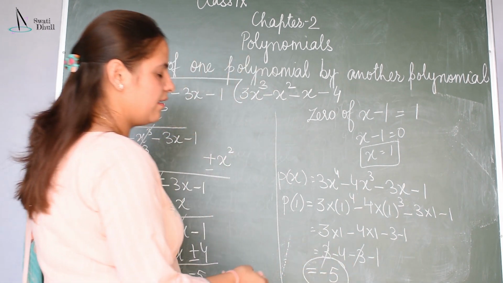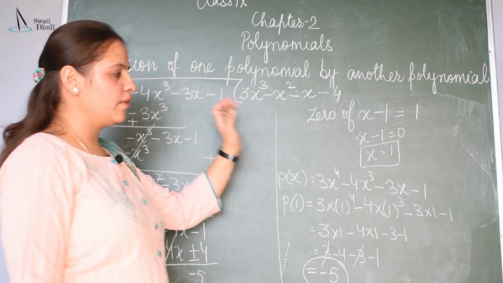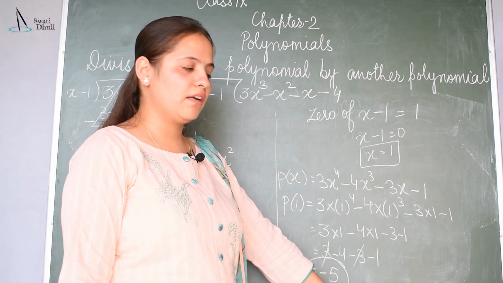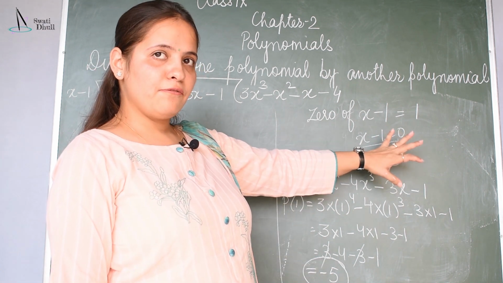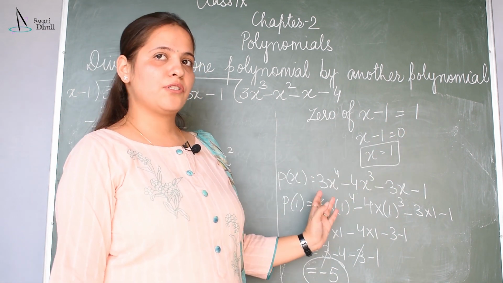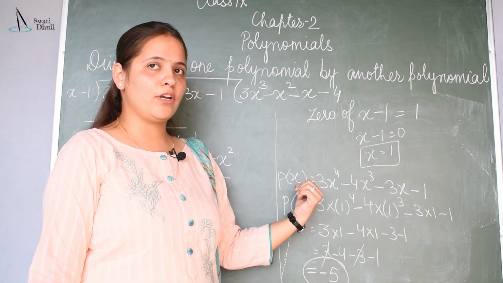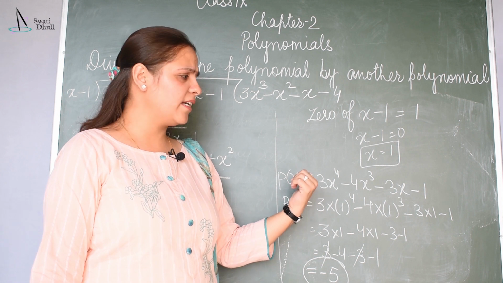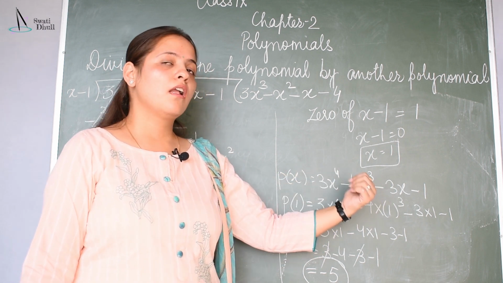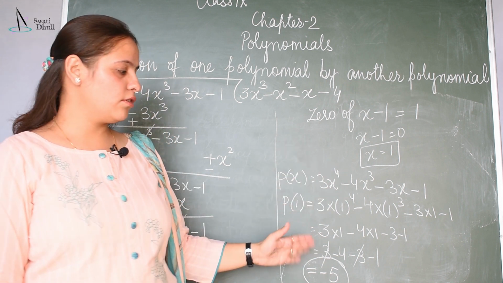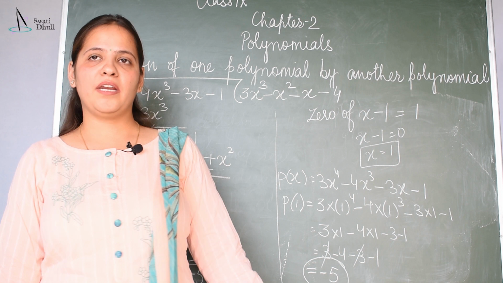So the same remainder I am getting whether I divide one polynomial by another polynomial or use the remainder theorem. So first of all, you have to find the 0 of the polynomial, and then you have to substitute whatever 0 you are getting in the polynomial in place of x, or it can be y also. So p of y will be your polynomial in the y variable. So this is how you can find the remainder by using the remainder theorem.